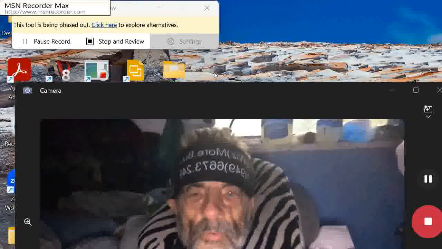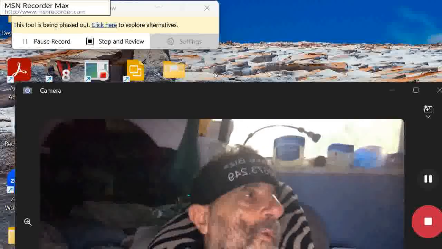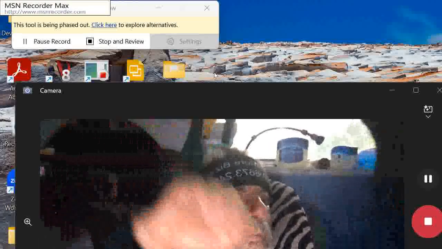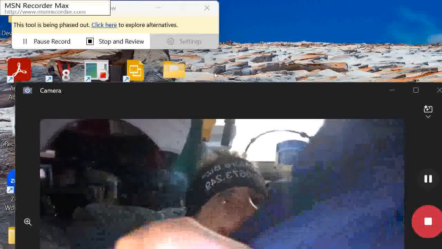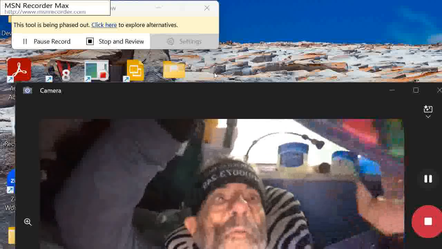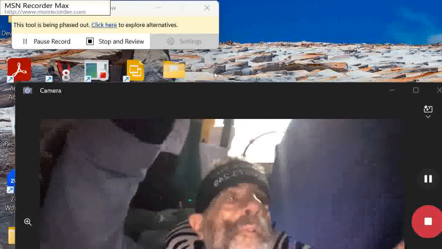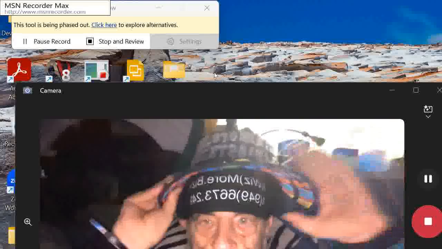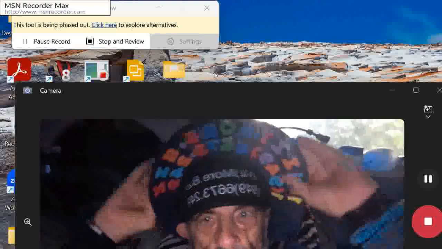But before I do that, I want to demonstrate my fishing hat with a special halo. So I'm going to put this halo hat on. So this is my halo hat, and you can see